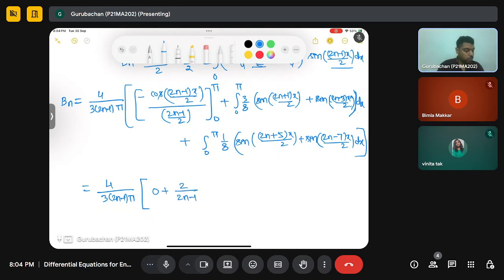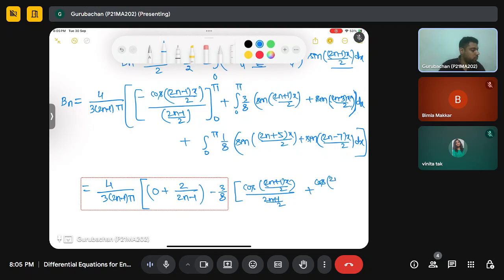Next is plus, or you can say this will give you minus, because the integration of sine is cos. This will be cos 2n plus 1 x by 2 divided by 2n plus 1 by 2, with positive sign because I have already taken the negative sign outside, and x by 2 2n minus 3 by 2,